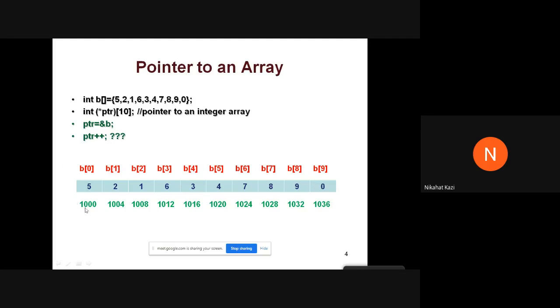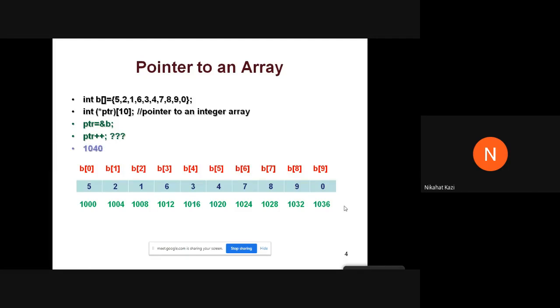PTR is pointing to this array, and by default it takes the base address, that is 1000. When you do PTR plus plus, it will not become 1004 because it is not a normal pointer to an int. It is a pointer to the entire integer array. It will not become 1004. In fact, it will become 1000 plus 10 memory locations. It will advance by 10 memory locations here. Okay, it will advance by the size of this entire array rather. So the answer should be, if you are following these addresses, 1040.